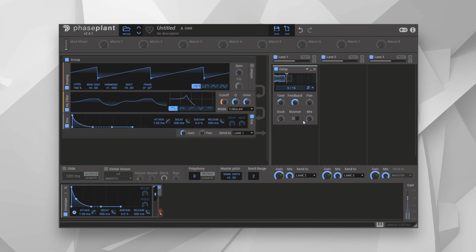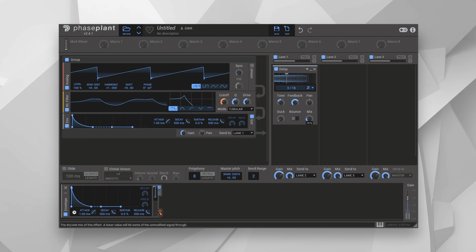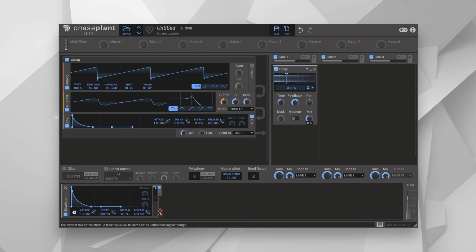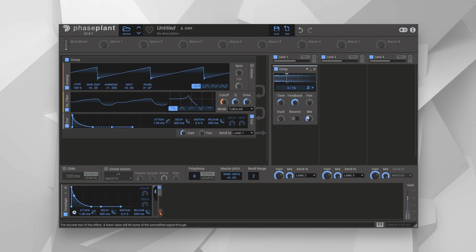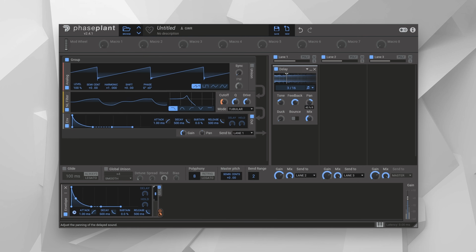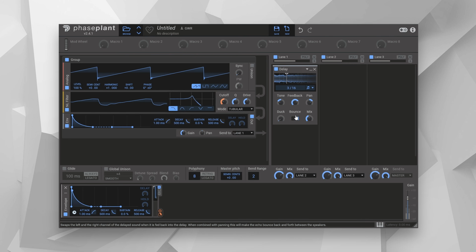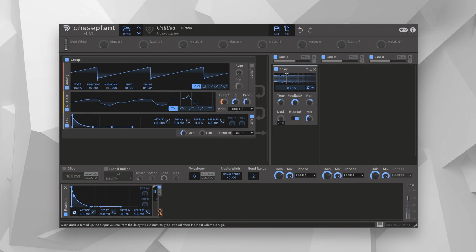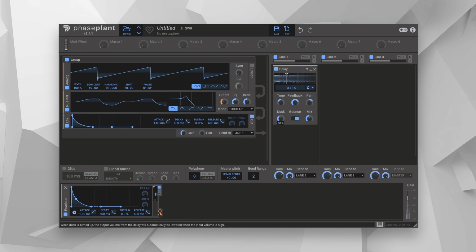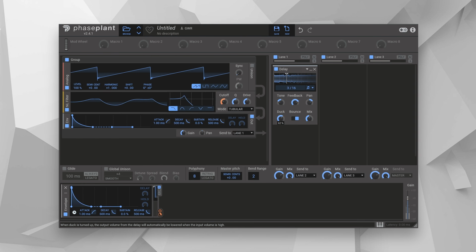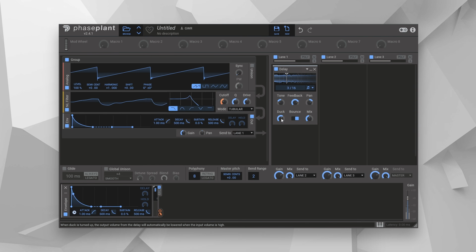A tempo sync delay can turn a simple melody into a complex creative texture. And using the pan and bounce controls can position the echoes wider in the stereo field. Duck is an additional control which turns down the wet signal when the input or dry signal is loud. This can help keep big, complex delays from overwhelming a vocal or other important part that needs to be heard